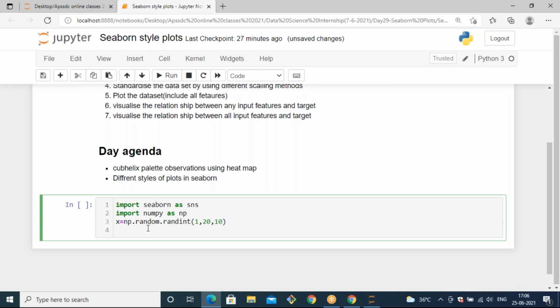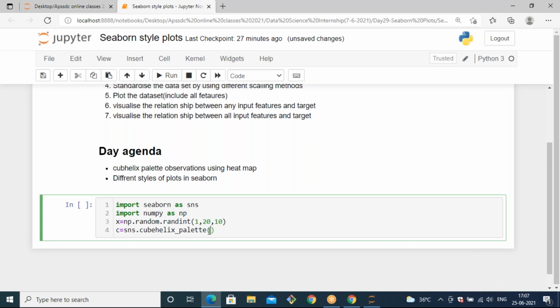And after that, I'm going to call the cube helix palette colors. And after calling it, I'm going to apply those colors to this X variable by using a heat map. Okay, let's see how to apply that. For that, I'm taking one more variable to generate this cube helix palette. This cube helix you will get in sns. So you can type sns dot, give cube and then press tab, and it will automatically select cubehelix_palette to generate the cube helix palette colors.